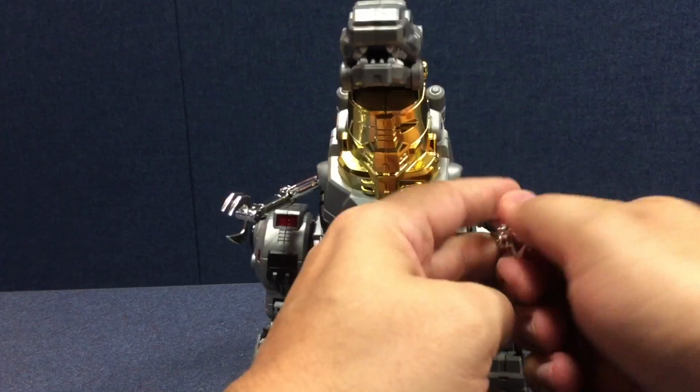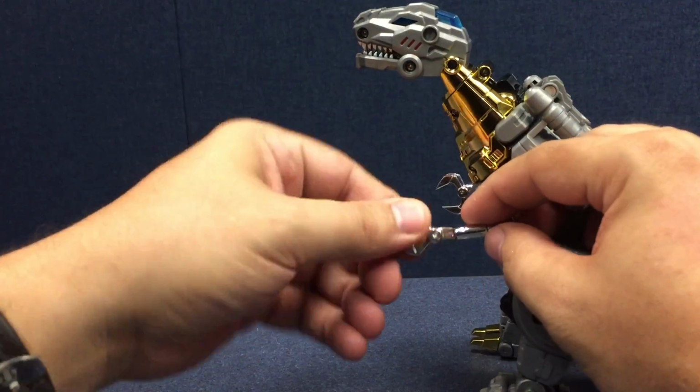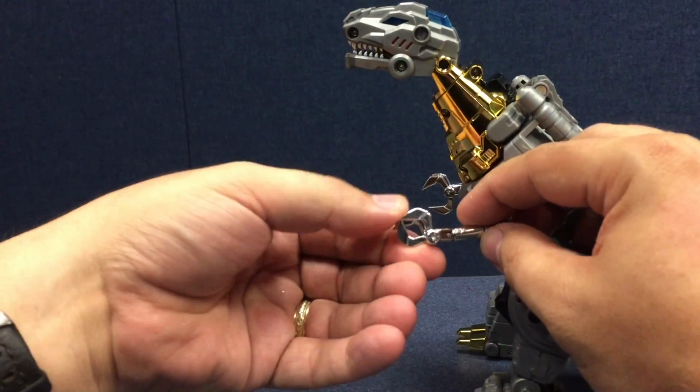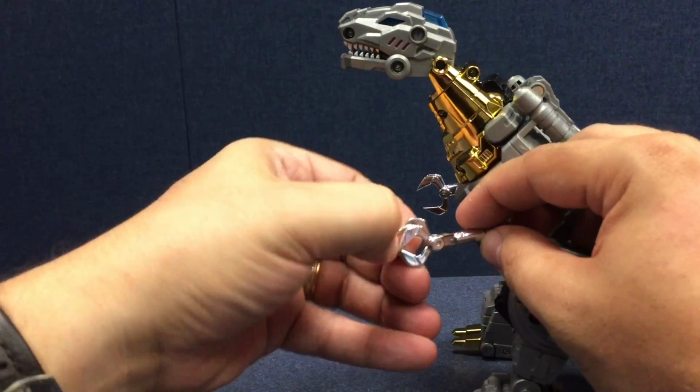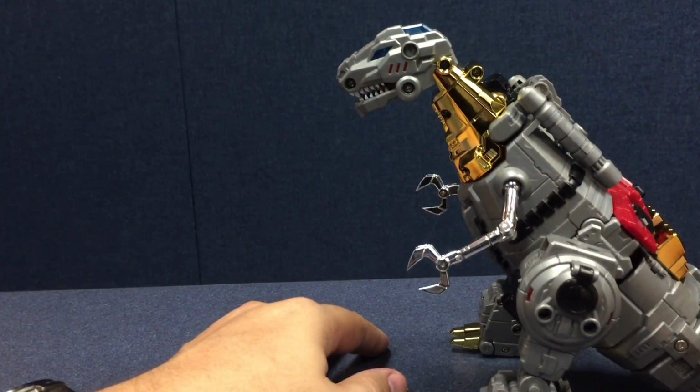And in what I think may be a first for Grimlock toys, he actually has wrist swivels here in Dinosaur mode, which gives him a little bit more articulation. I can't remember if the MP did. I don't think the MP had the wrist swivel. I know it had the elbow joint and the shoulder joint, but I don't think the Masterpiece had the wrist